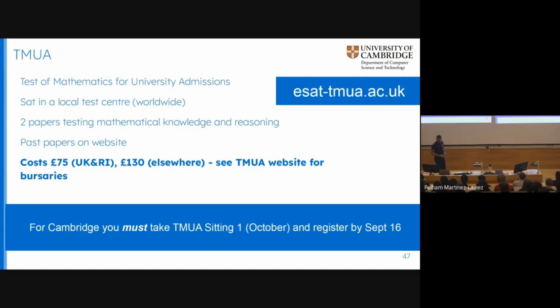But this cost can be completely covered, 100% covered, by a fund that's been given to the company administering this. When you go and look at the website for the TMUA, up the top right you will see that you can apply for a bursary. You're actually supposed to do this before you do the registration on September 16th. What is that bursary for? Well, you've got to show that you can't fund this, or that you just don't have the funds to outlay on this. So it's up to you. You'll have to demonstrate that, but then there is a voucher you get that covers the whole amount if you do that. So it's pretty important to understand this is something you've got to do.